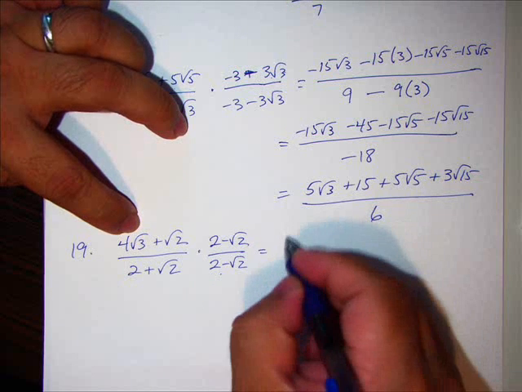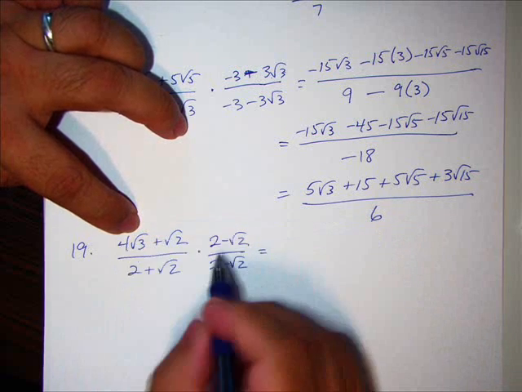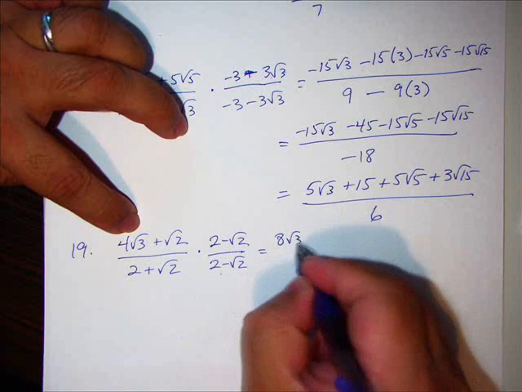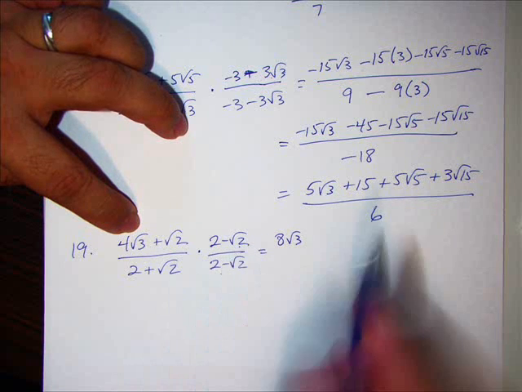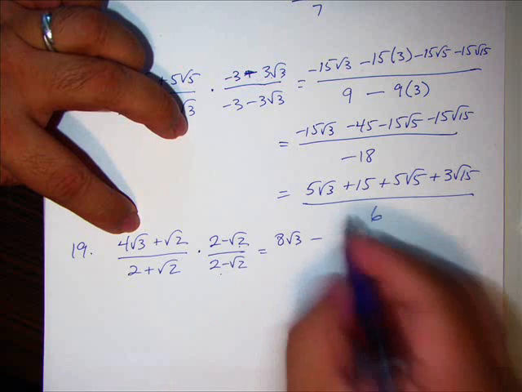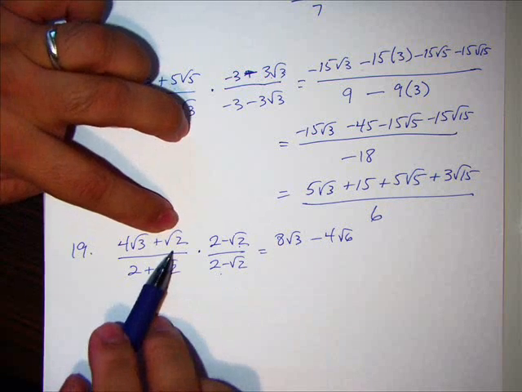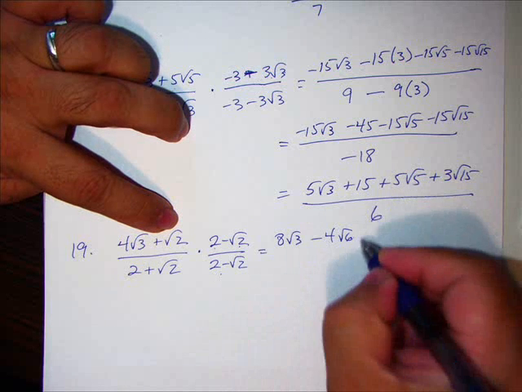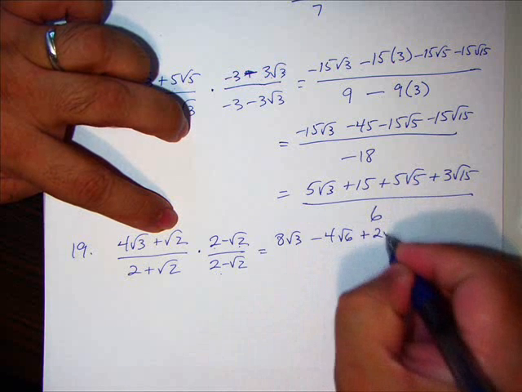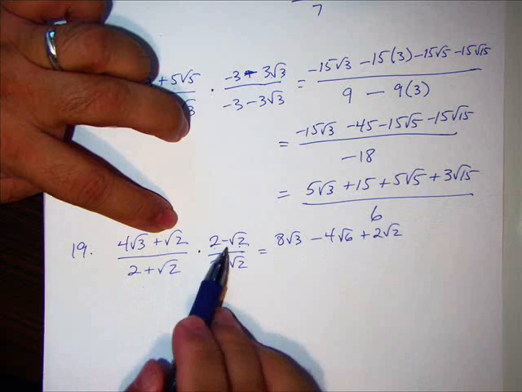Multiply the top. 4 root 3 times 2 is 8 root 3. 4 root 3 times minus root 2 is going to be minus 4 root 6. Then take the square root of 2 and multiply by that. That'll be positive 2 root 2. Root 2 minus root